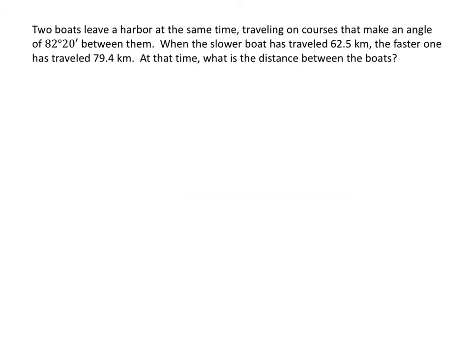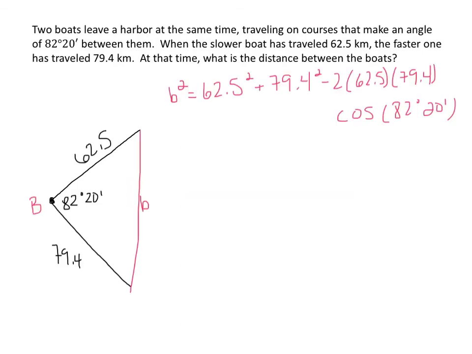So, to get started, the boats are at the same location. One of them travels in this direction. What I'm putting in my calculator is this whole thing all at once. And when I get that answer, which is going to be a huge number, I then take the square root of both sides. So I will then take the square root of my answer, and I get this distance to be